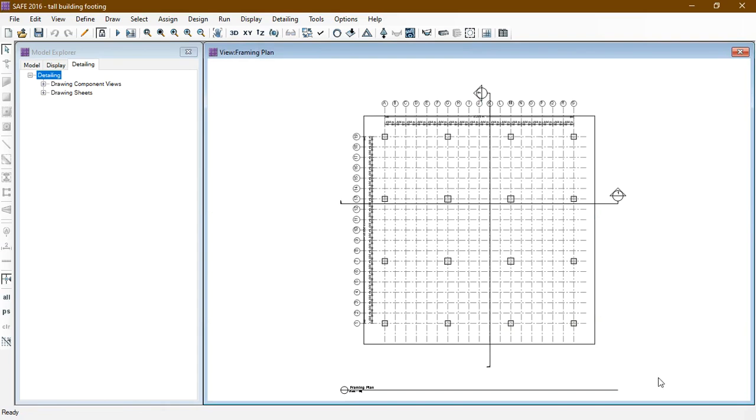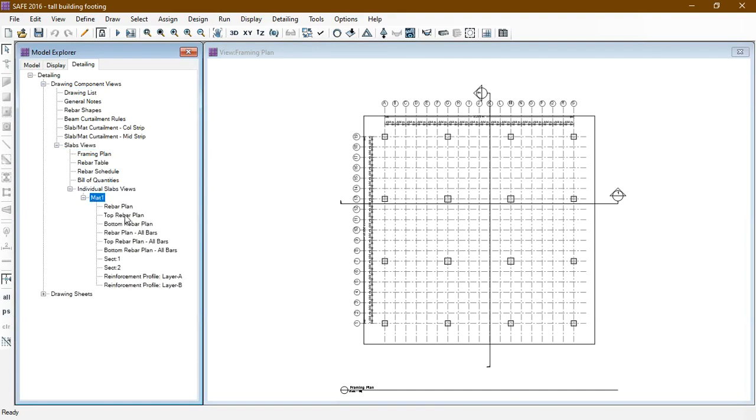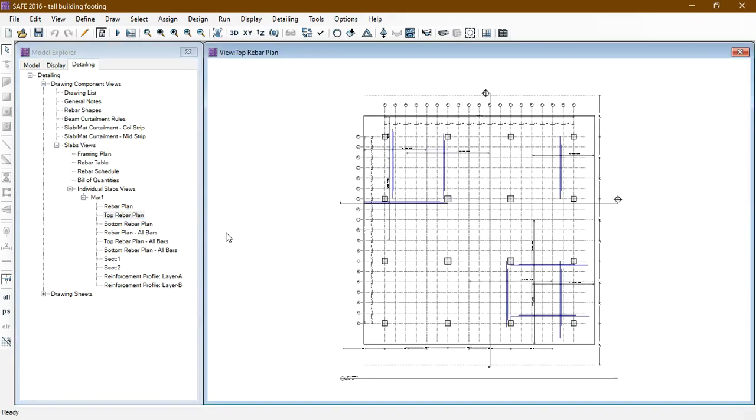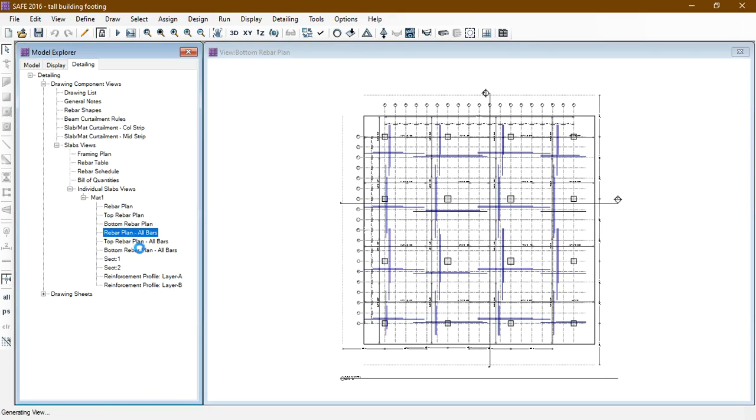We can also see the framing plan. Now we also see the rebar plan, top rebar plan, bottom rebar plan, all bars.